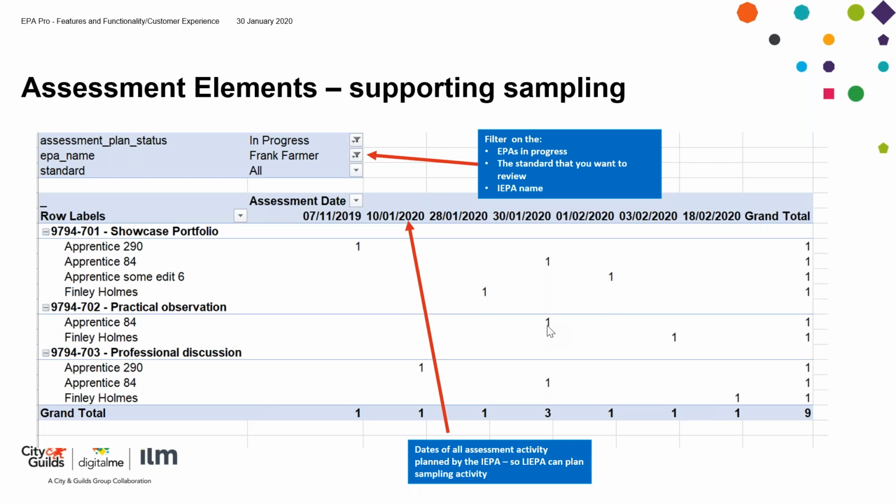Because all of the notifications, and bear in mind with a practical observation, the date on the portal will drive the notifications for the provider and for the apprentice to be at that practical observation. So if they've had a conversation and not updated it, then everybody's going to have the wrong information. Does that make sense? It does, yeah, thank you. You're welcome. Any other questions at this point?